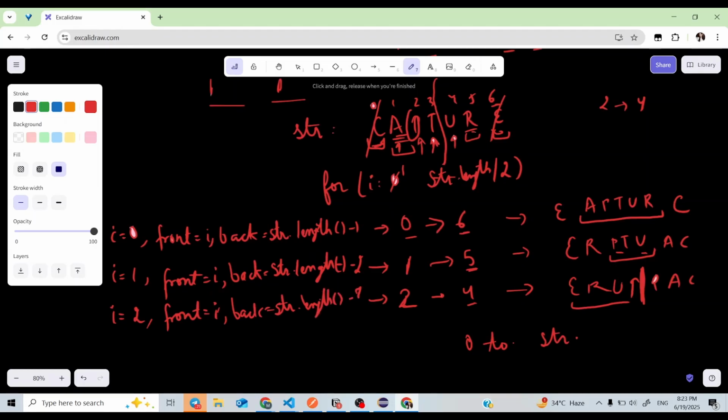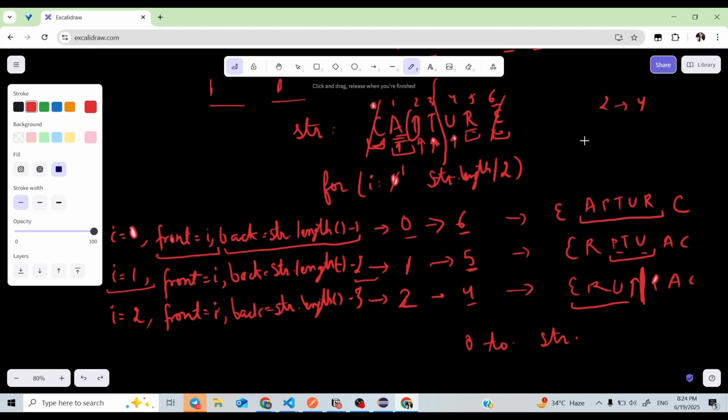So in the loop I can write my front as i, but how will I write my back? If I am at i equal to 0 iteration, my back is string dot length minus 1. At i equals 1, my back is string dot length minus 2.